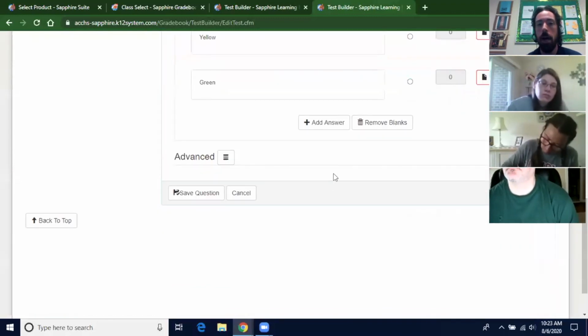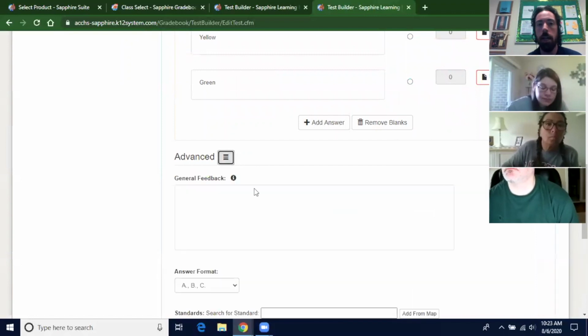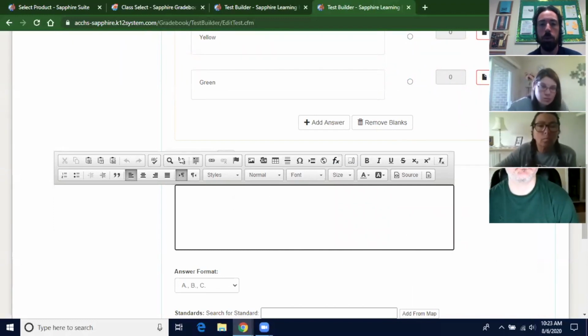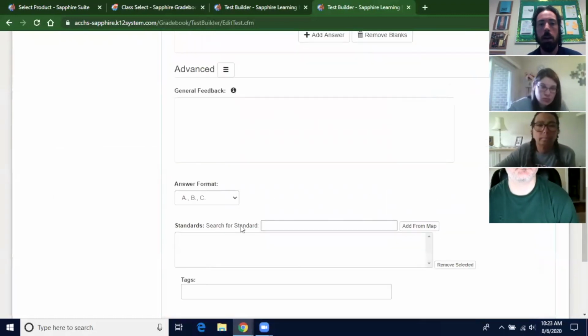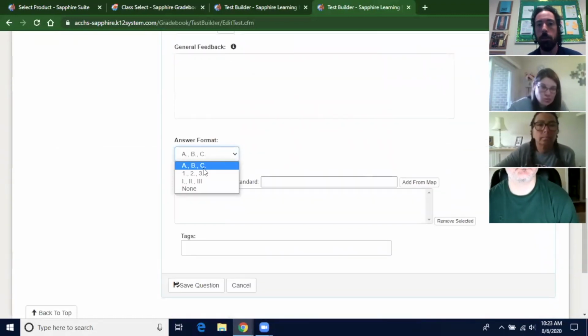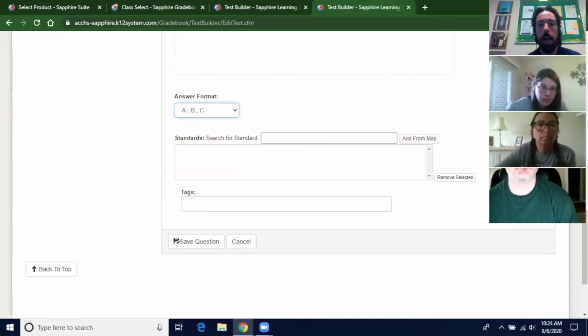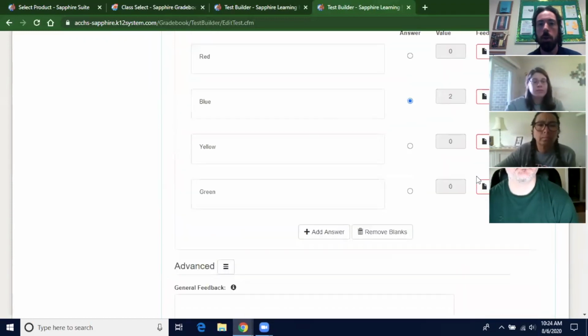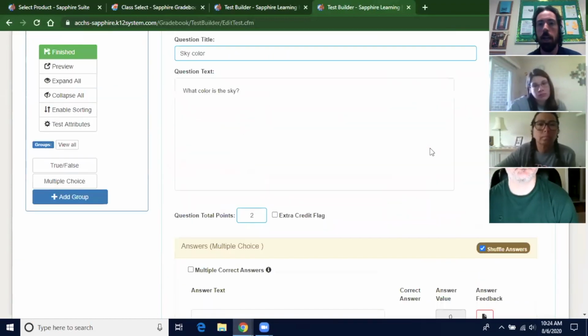Or down here at the bottom, under the advanced section, you could just do general feedback. So rather than do it four times over, you can just put general feedback. And later on, you'll see where you can select when the students will see that feedback. Down here, the answer format, usually ABC is our typical way that we go here. And we don't really have to worry about standards so much. So that's all you would have to do to set up that